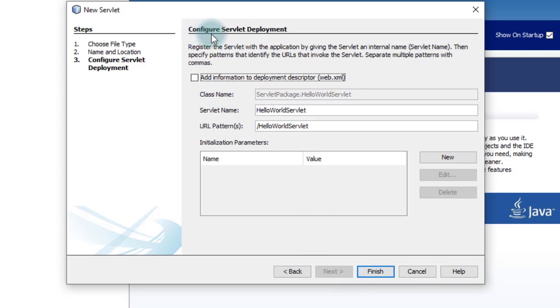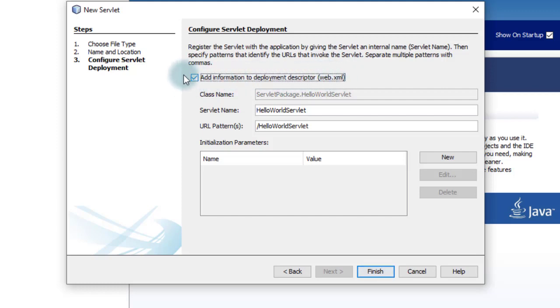This is your configure servlet deployment. That means we will add this servlet in the servlet configuration file, right, web.xml. So to add the information of this servlet, we will just select this option, add information to deployment descriptor web.xml. When the servlet will execute, right, the server will retrieve the servlet from the web.xml.